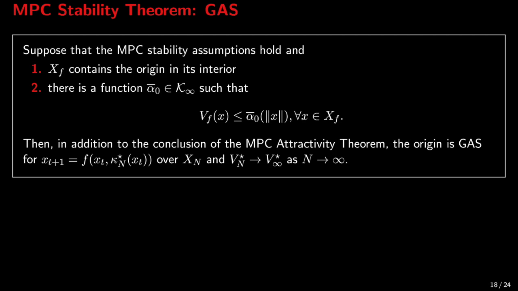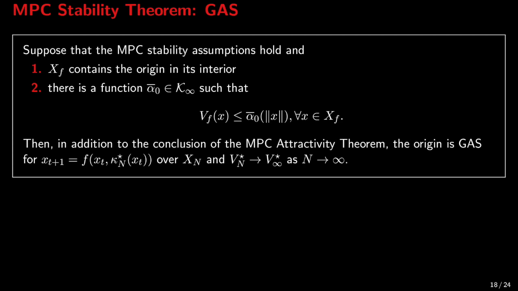As a counterexample, if you take XF to be a set containing just the origin and nothing more, then this set is not empty, but it doesn't have an interior. So that's not the case. You need a set that does have an interior. It looks like a bowl or a rectangle, a box, a full dimensional object